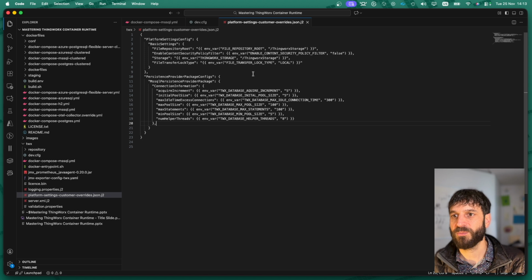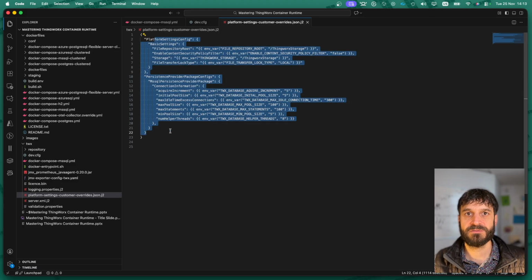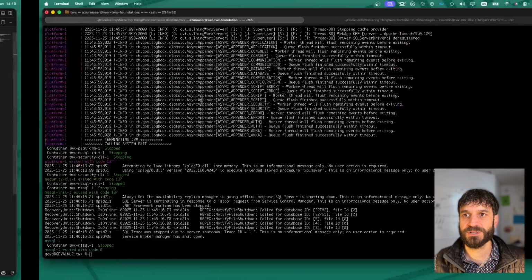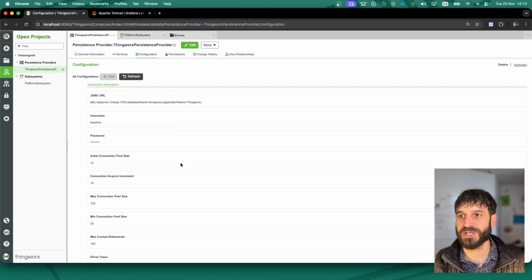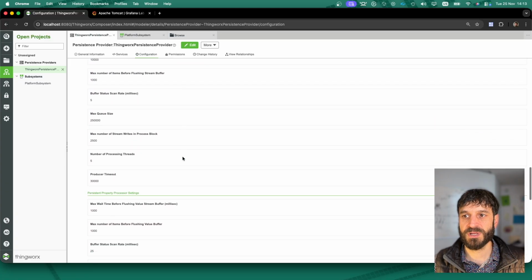We looked at this file previously, the platform settings customer overrides.json.j2. This is essentially where we need to map any of the platform settings overrides that we want to make into the platform settings. We're just going to maintain the structure here, as I've already got a base for us. We're going to use an example in alignment with what we were just looking at with the ThingWorx persistence provider. You might want to make configuration changes to some of these other parameters that are a little further down,